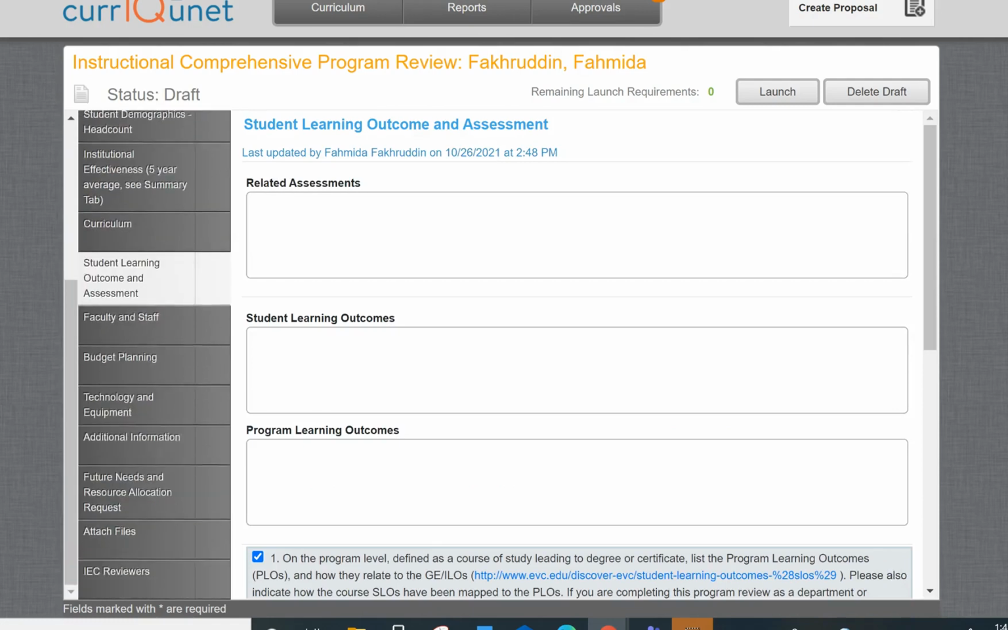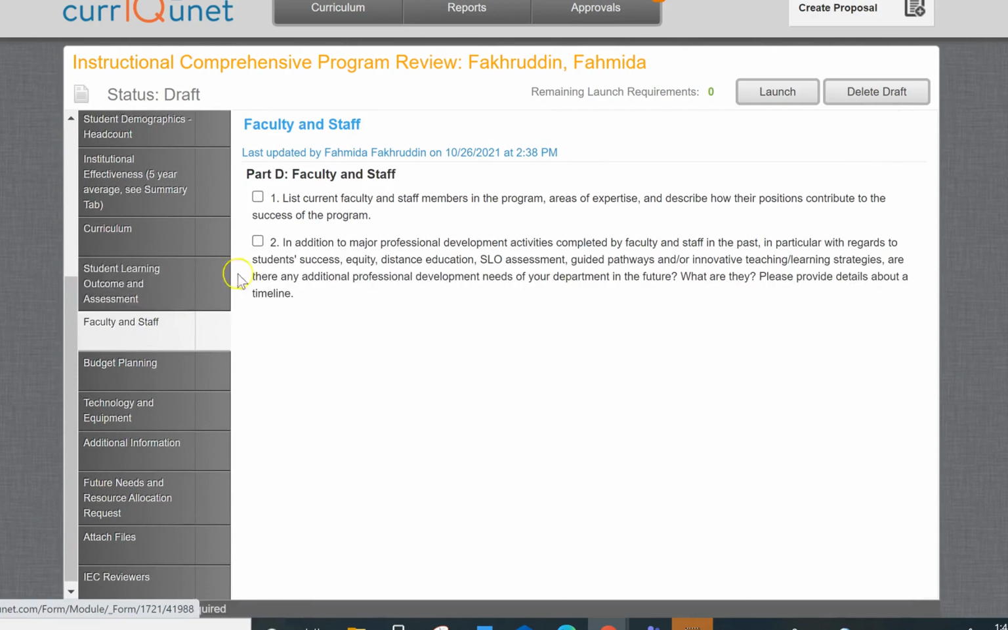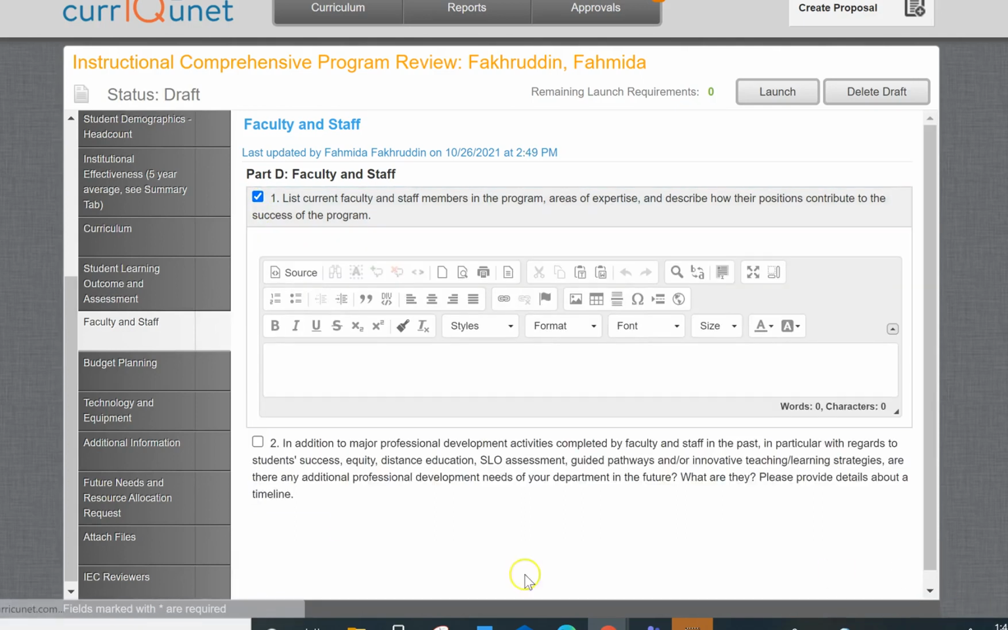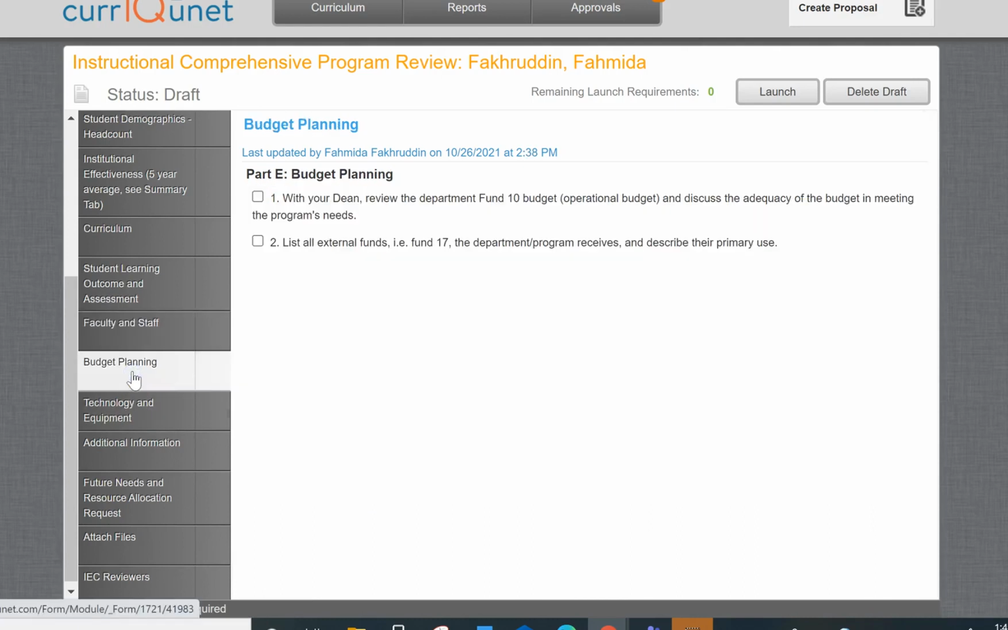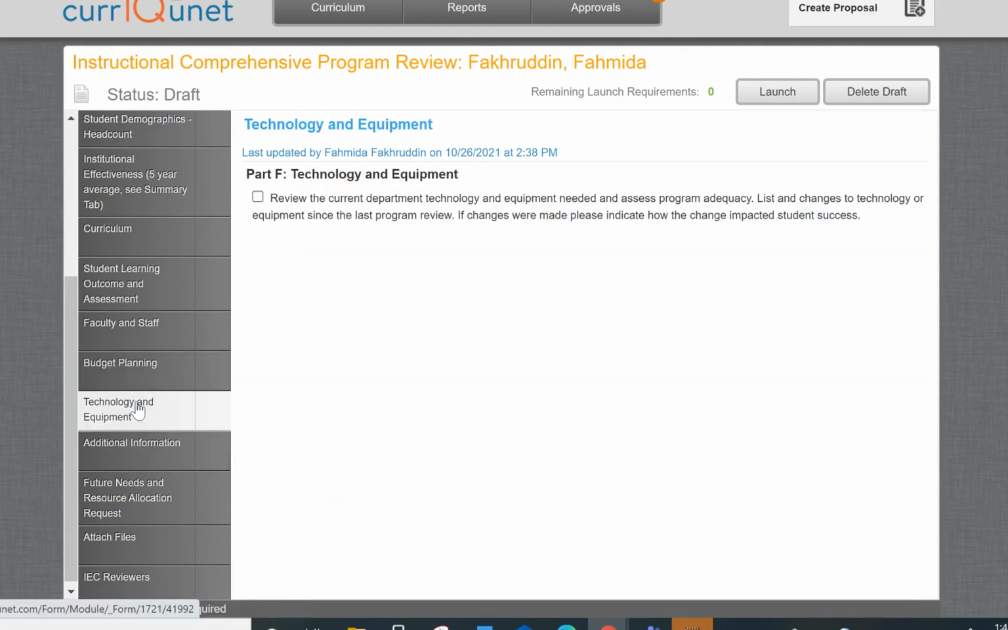Then I will go to the faculty and staff section, and I will enter my information by checking the boxes and save my information. And then the next section, I'm moving to budget and planning. Once I enter my information for budget planning and save it, I will move to technology